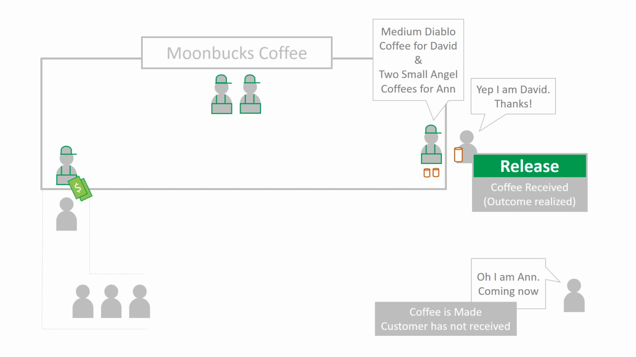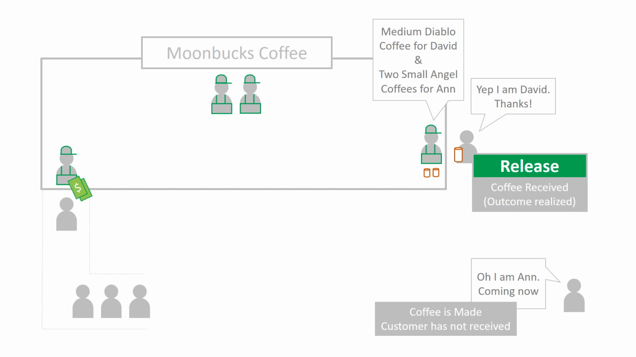Whereas Anne, at the bottom right corner of the screen, said, "Oh, I am Anne, coming now." Even though the coffee is made already in front of the barista on the table, Anne hasn't received the coffee. The benefit of the service hasn't been manifested yet. That's why this is not a release. This is merely outputs being ready for the customer to consume, but the outcome of such product hasn't been realized. So hopefully this diagram can draw the difference between a release outcome versus just a product being done,